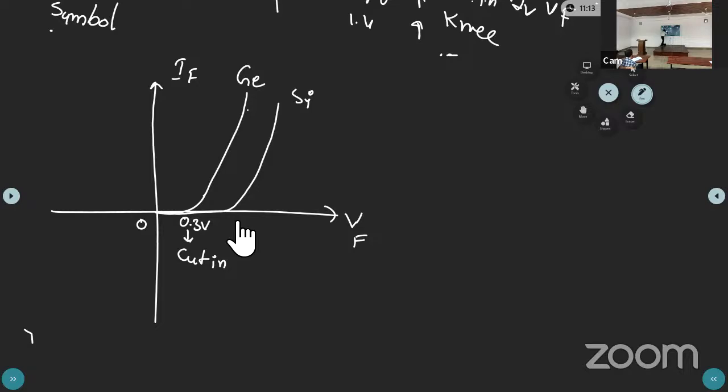This is 0.7. 0.7 volt. After 0.7 volt, the diode starts conduction. Okay. So this is the forward bias characteristics. In the forward bias characteristics, the diode starts conduction